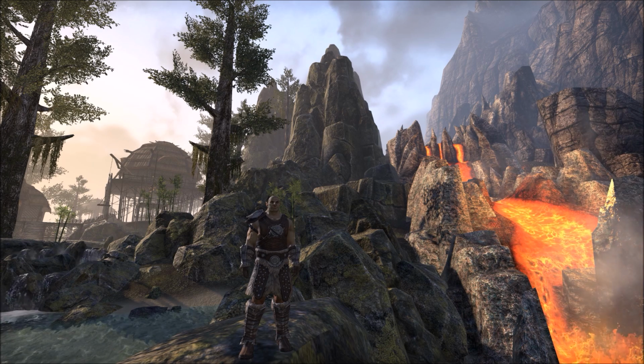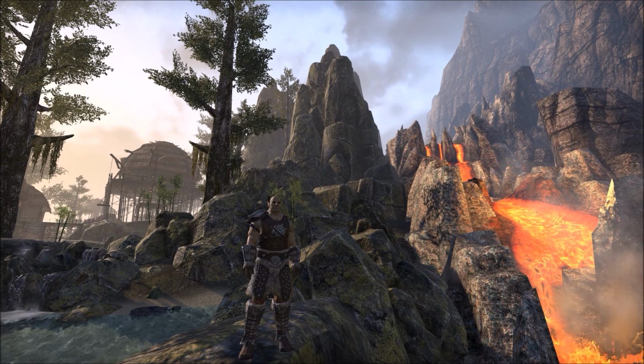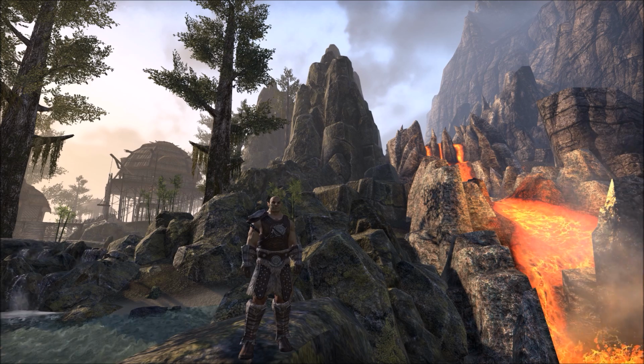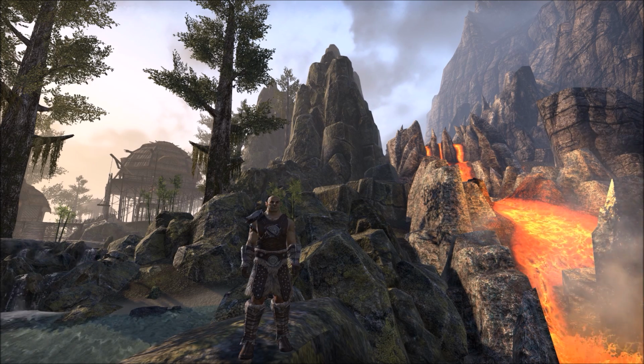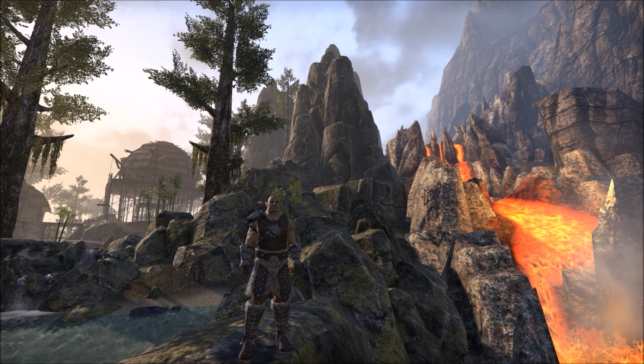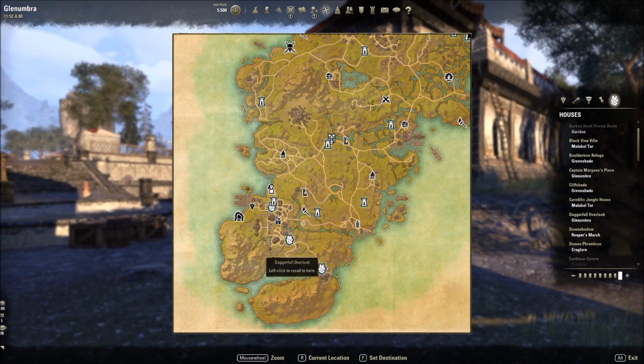Welcome back, gang. We are at the utterly stunning Grand Topal Hideaway here in Grahtwood. We are covering the Manors and the Crown Store exclusive houses. These things are absolutely spectacular. You gotta see them. The first manor we have up is Daggerfall Overlook at